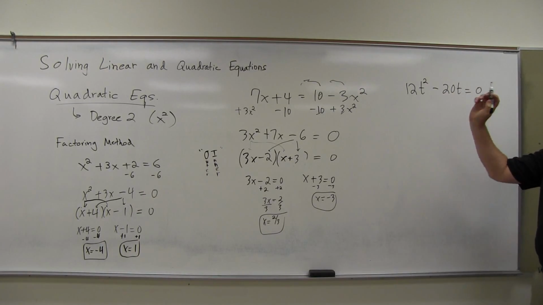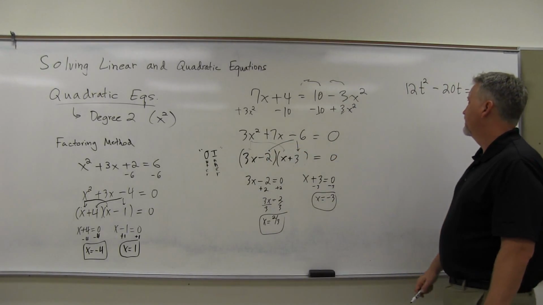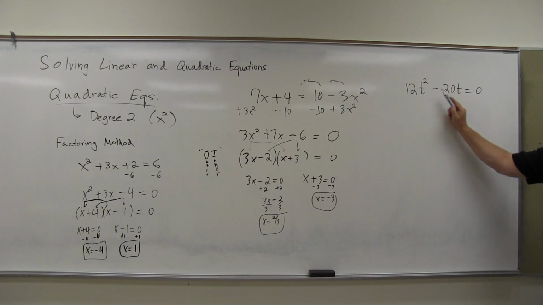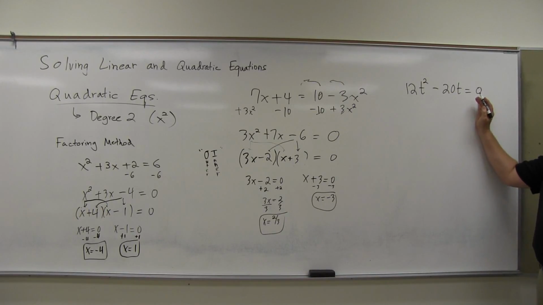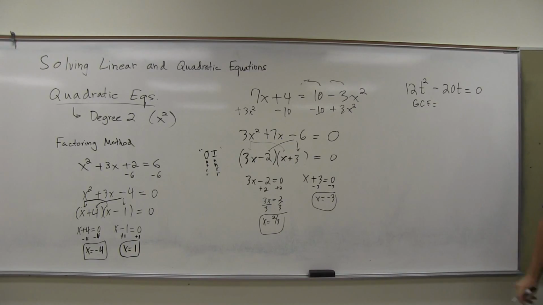What I've got here that I didn't have in my previous factoring is that we have one side 0. What we have in this number 3 example is a common factor. Let's think about the greatest common factor